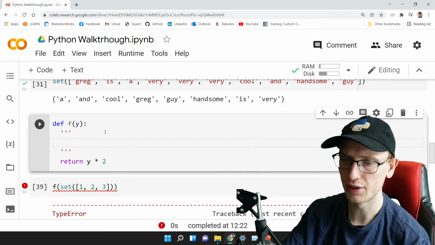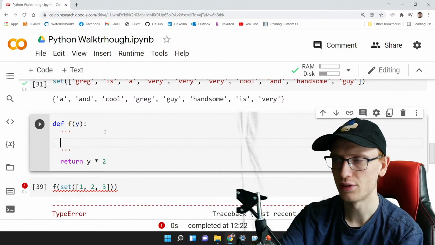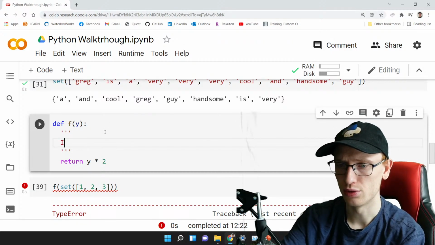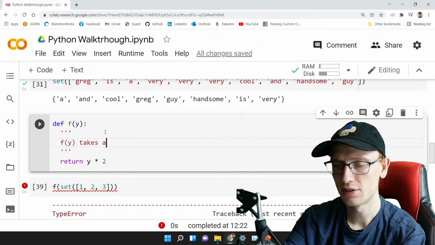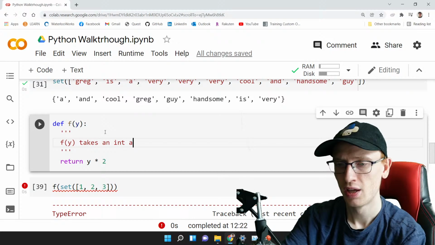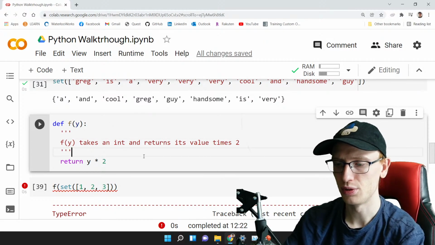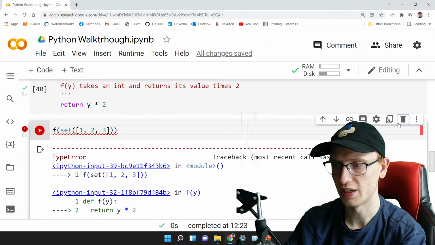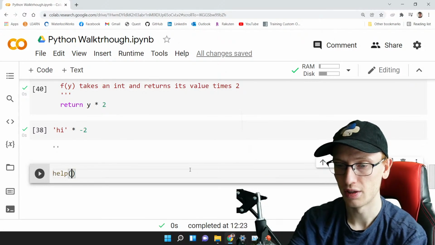So here is where we'd write what our function does. And there are a lot of different styles you could choose to write this. You could do something like a first line that says what it does. So maybe f of y takes an int and returns its value times 2. And that way, when people do something like, I believe this will work, I'm just guessing here, if we do help of f,